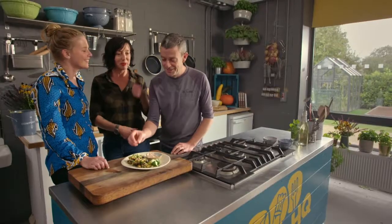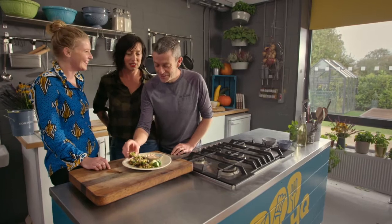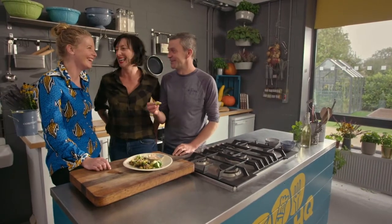And has Katie managed to convert you from the slab of butter? Yeah, she has. She has. You're so refined. There may well be a slab of butter in this as well. But